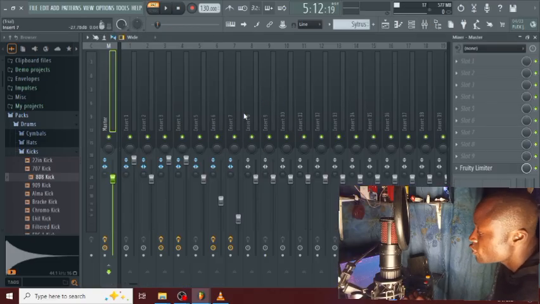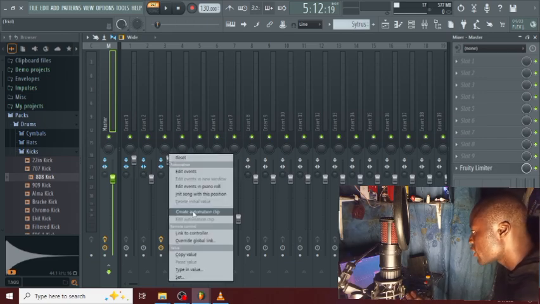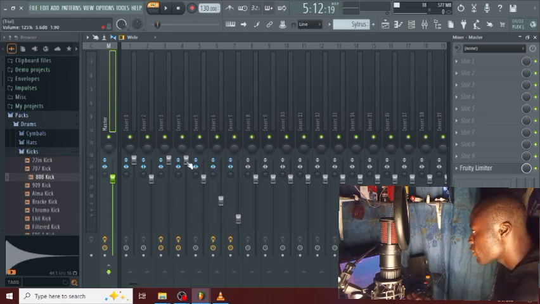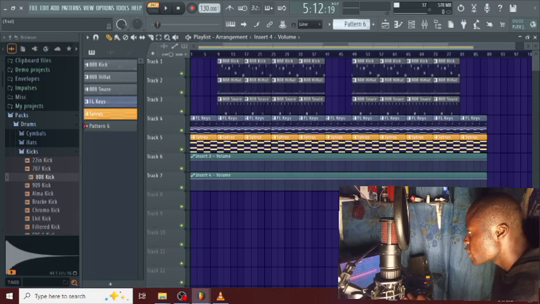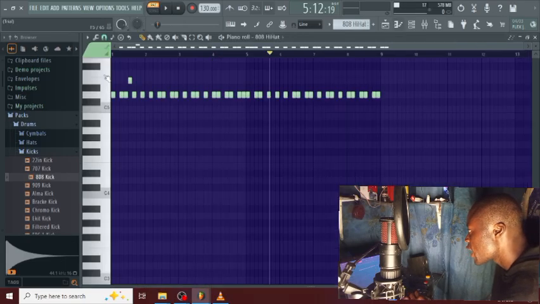I'll click on my mixer here, 3 and 4, I will right click on my mouse, click create automation clip. I'll click on channel 4 here, right click on my mouse, and then click create automation clip. Now I'll put my cursor on top of this Sytrus, left click and hold my left click button, just scroll a little bit up, then click on this hi-hat,